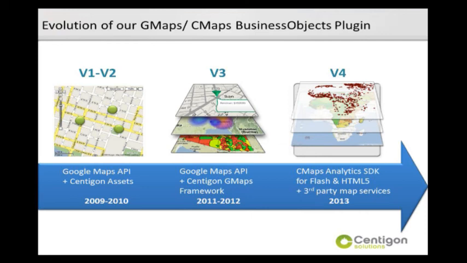We're on our fourth generation of visualization and dashboards when it comes to location analytics. So what we've done is not just plot points on top of a Google map. We've built a comprehensive SDK for both Adobe Flash and now for HTML5. And that SDK then uses third-party map services like Google and TomTom today, and soon even additional map service providers, so that we can make sure that we're providing the most value to customers through investments they've already made. And so what you'll see today